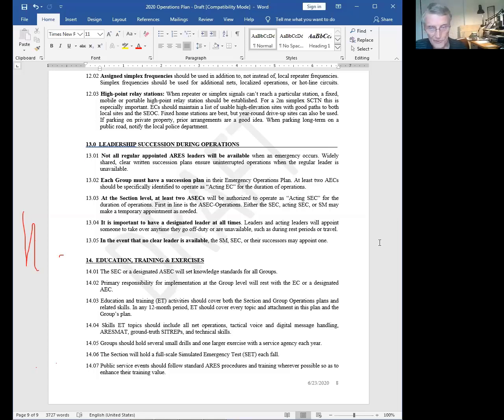Essentially, it's pretty short. Essentially, Dave, what this is, it maintains a continuity of operations. A part of a continuity of operations plan is cross-training people, obviously. It also is having a list: if this person's not available, this person takes over the duty, and so on and so forth. And then, of course, there's other parts of the continuity of operations which other organizations need, like we're doing right now with the pandemic, with town halls and police stations and so forth. So this is really in order to maintain your operation, to continue to be able to operate as a local group or at the state EOC.